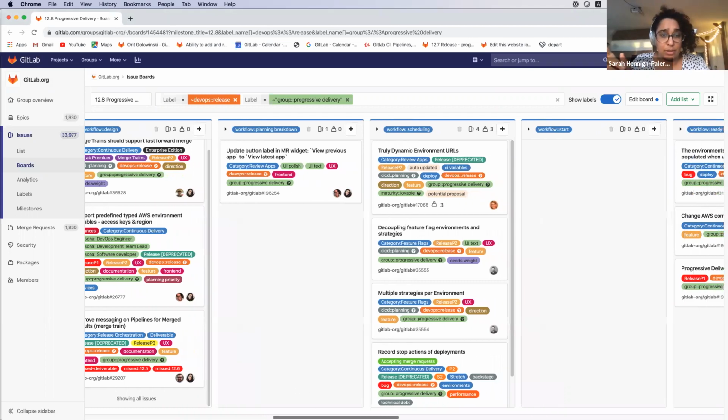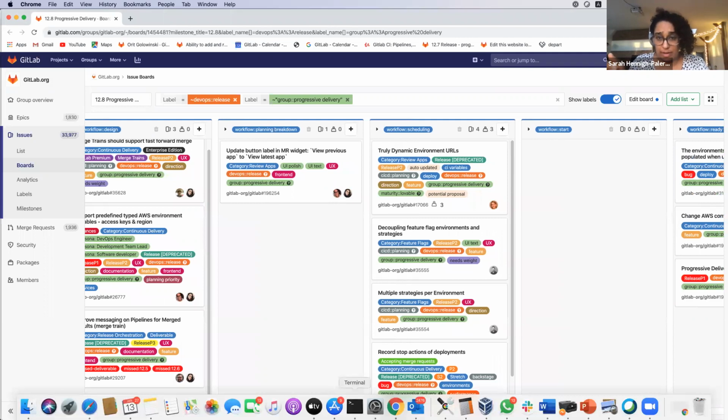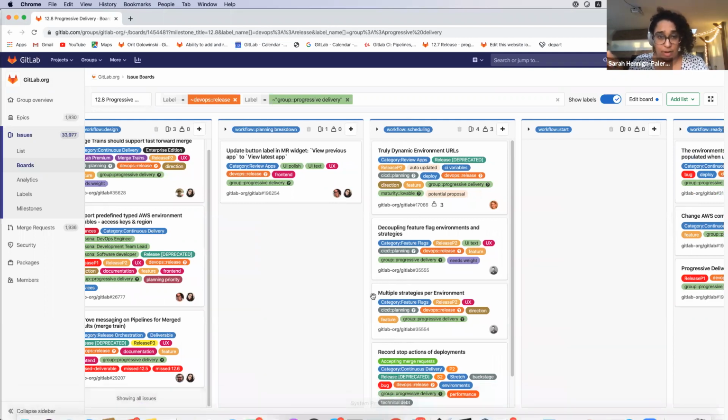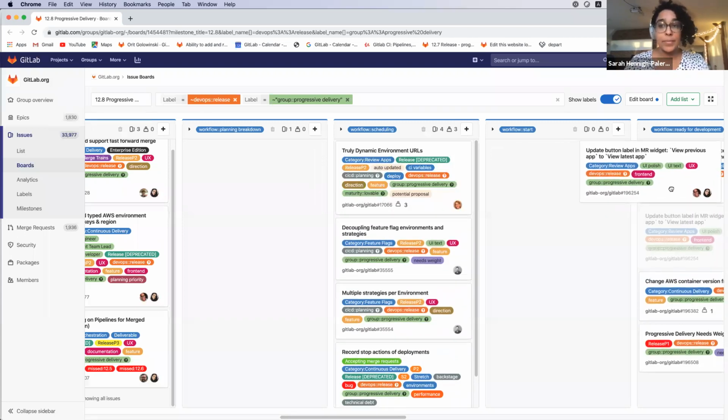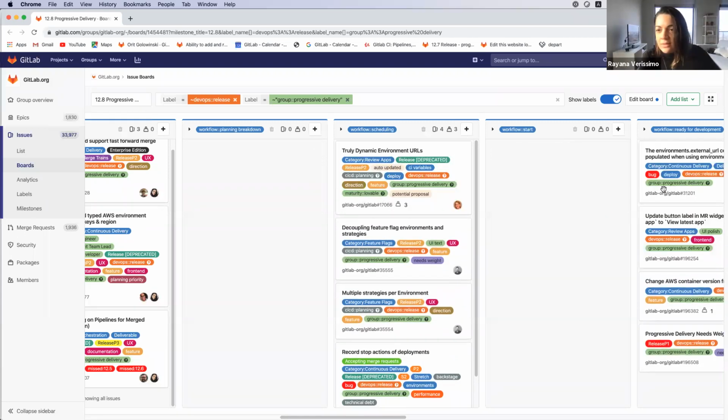Can I just interrupt really quickly? I think that's not in planning breakdown anymore. I think we've resolved our answer and it's just ready for dev or in dev, depending on how you look at it. But yeah, it doesn't need to be broken down. We last week got to a solution that I think everyone's really happy with. Okay. Sarah, on this topic, do you think we can validate with the technical writers in the merge request? Because I'm fine with moving to in dev or ready for dev.